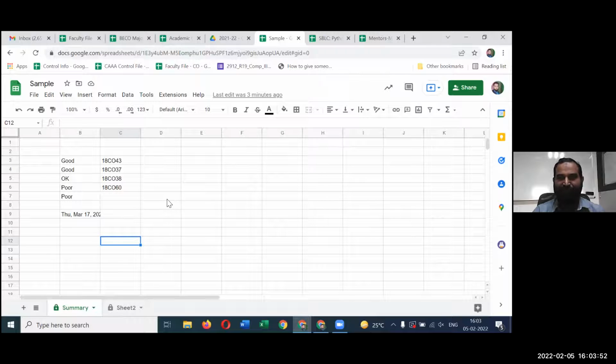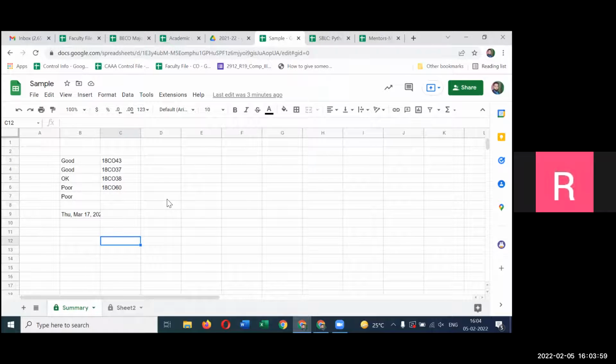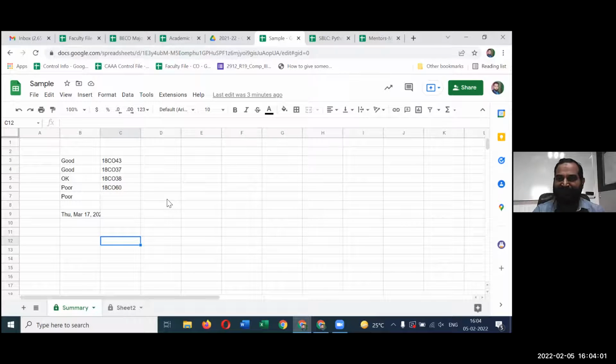And once you implement all these things, like Mirza said, we were forced during the pandemic to implement all these techniques. So it will be very helpful for you. And the best part of this is that you just put all the data on one Google Drive and it will be shared with your entire department.